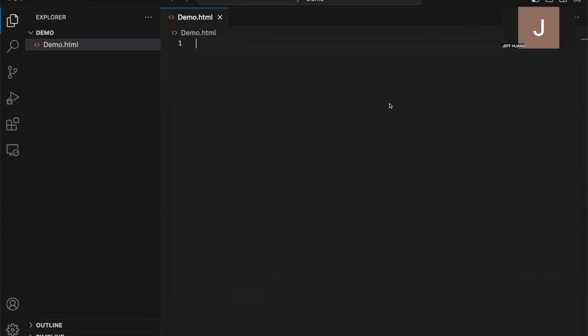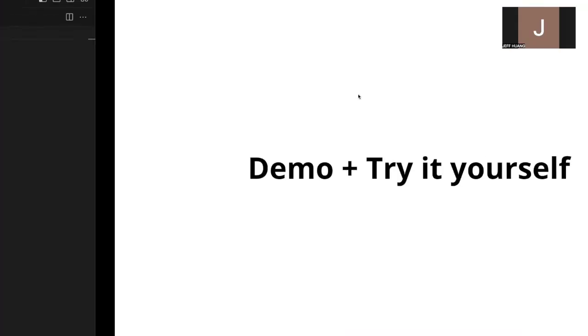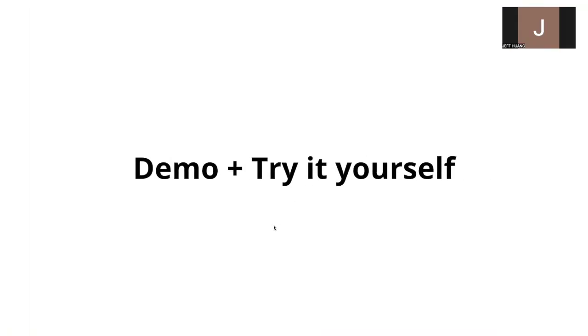Are we good to move on? Also, all of these steps are on the slides as well. All right, great. So now we have that file and we can move on to more tags.